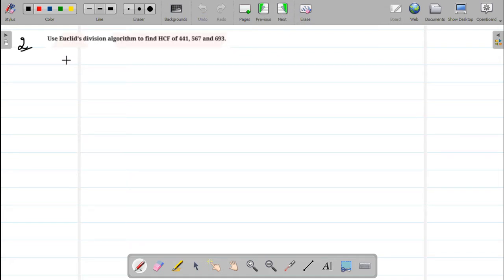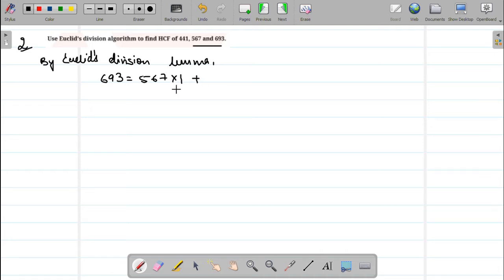Next one: use Euclid's division algorithm to find the HCF of 441, 567 and 693. How do we use this when we have three numbers? So we choose the biggest ones first. I start with the same method, by Euclid's division lemma. I will get 693 is equal to 567, obviously multiplied by 1, plus